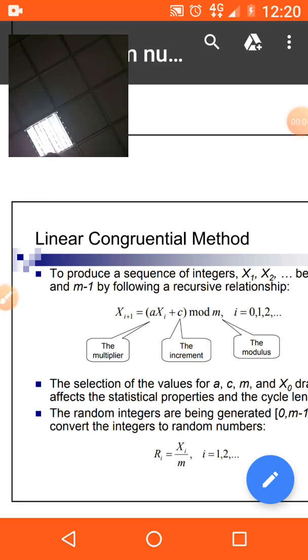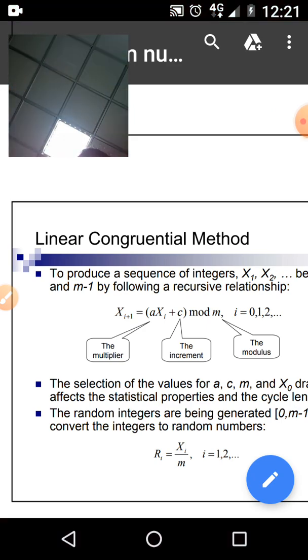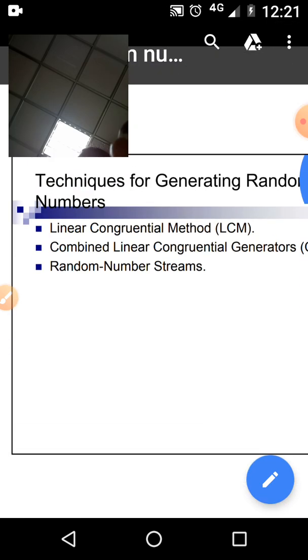Generation of the random numbers we were discussing. I said there are different methods. The very first method is the linear congruential method, which we are going to learn. We already know about the different methods: the linear congruential method and the multiplicative one. In the previous class we discussed combined linear congruential generators and random